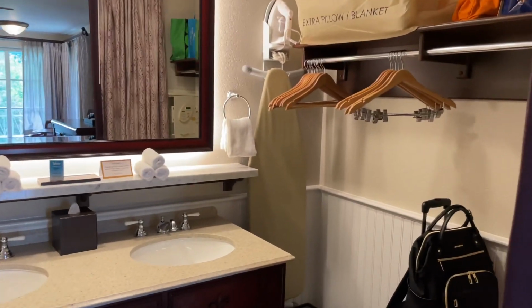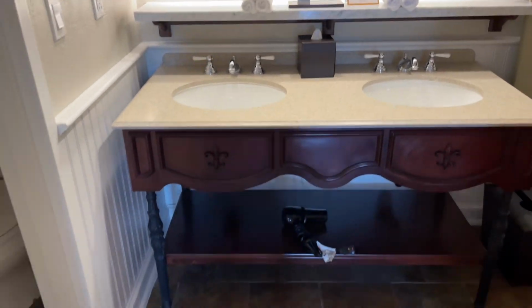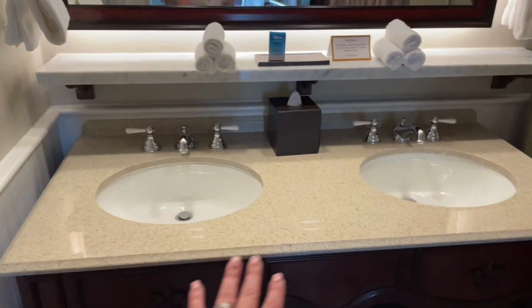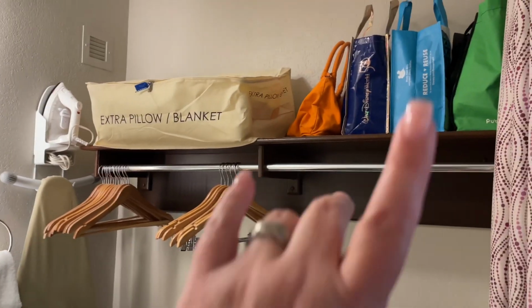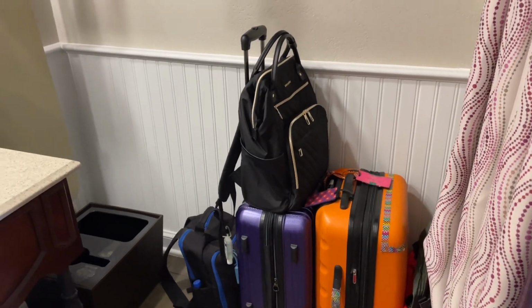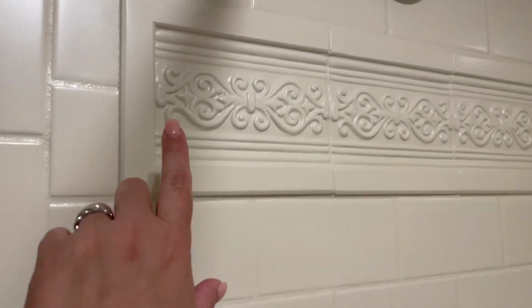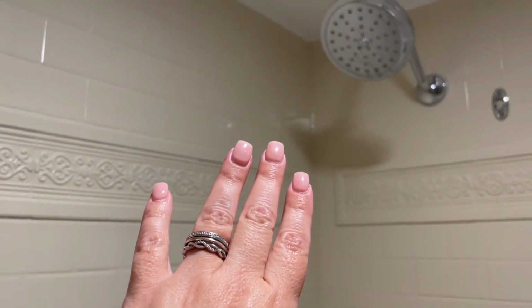And then here is, again, you guys know I love all of this space to put all of my stuff on. But I love they have counter space here. They have the double vanities, the double sinks, plenty of space to put stuff away in the closet. We've already got some of our stuff in there. We haven't unpacked yet, but here we go. And the bathroom, I think it's definitely been remodeled. You have some fleur de lis, is that what that's called? All along here. Nice big shower head, a nice big tub, and